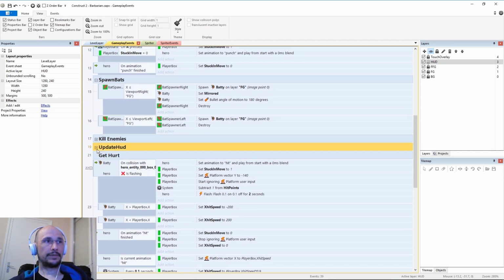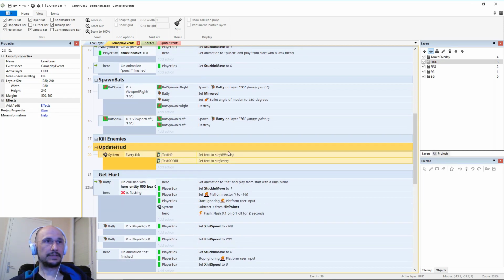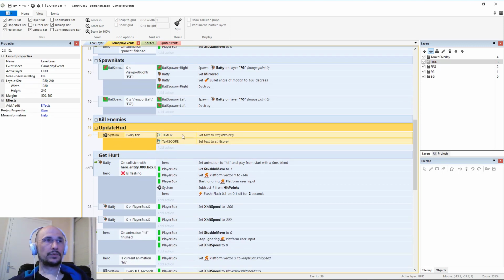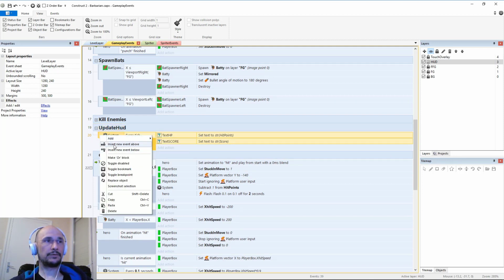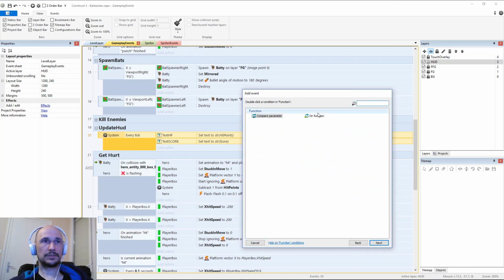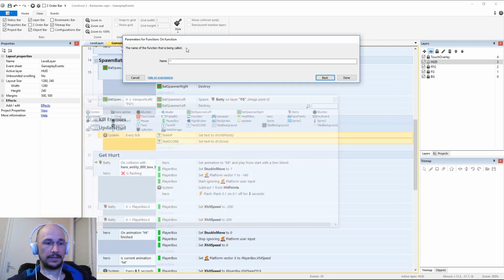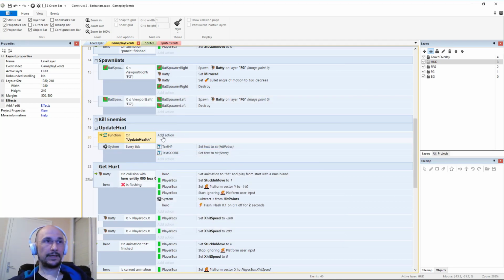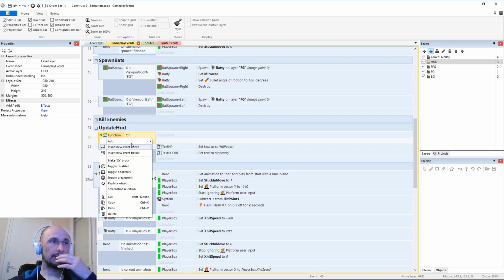And update HUD, I already have something here. What do I have here? Every tick. Yep, so this is going to go away pretty soon. This is the placeholder stuff. So what we're going to do, now that we added functions, is add a new event above, and we're going to do on function, and update health. So if that happens, then we're going to do this fun thing where we're going to say, add, let's see,